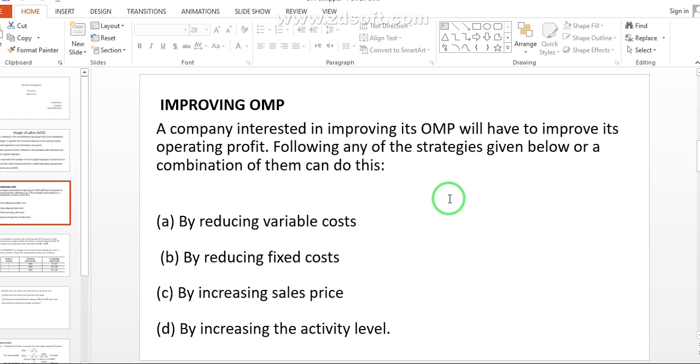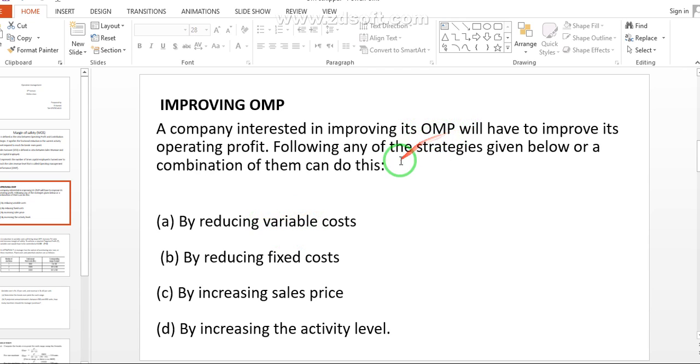In order to operate in a better way within the organization toward any project, an organization must consider these 4 strategies. So let's elaborate on it simply, one by one. By reducing the variable cost: variable cost is something which is not fixed, it could be changed at any time, at any moment. So whenever the organization tries to reduce the variable cost of an operation, that is useful for the purpose of operation